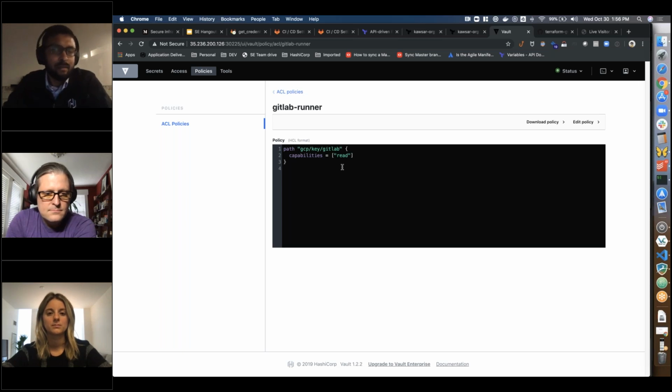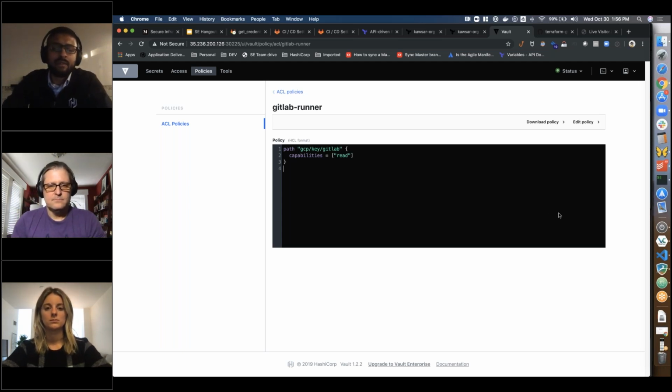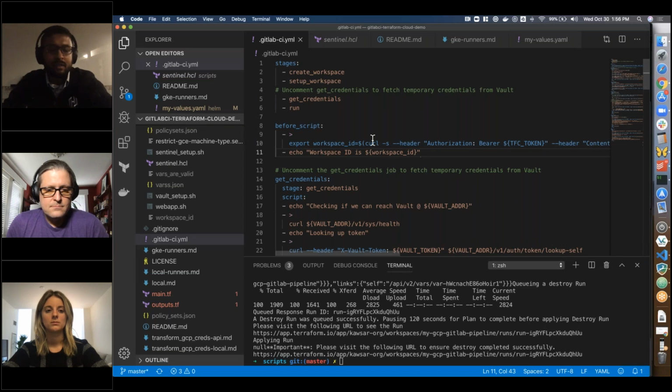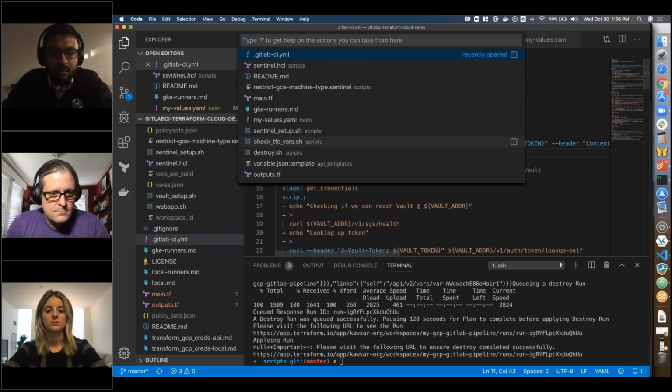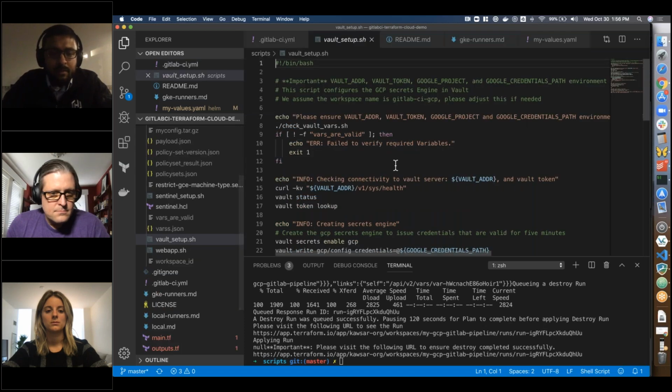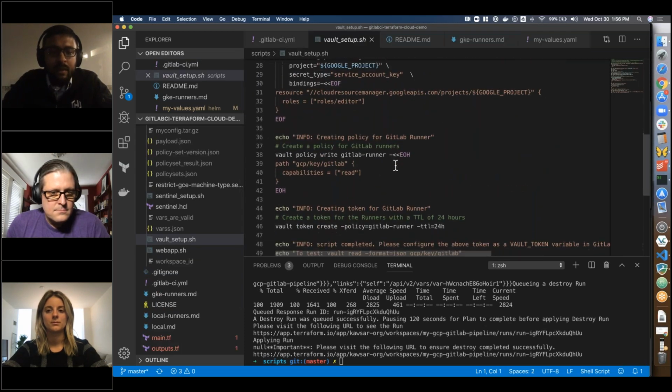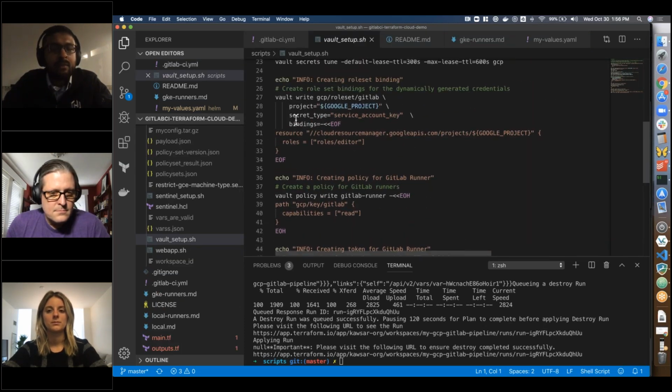So you can limit the number of users. Obviously, you can limit the time to live associated with that as well. Some of that is in the Vault setup. So in the Vault setup script, you'll see a set of commands, and one of the commands is doing this binding. So maybe I can pull that up real quick. So here we have this binding, where we say when somebody